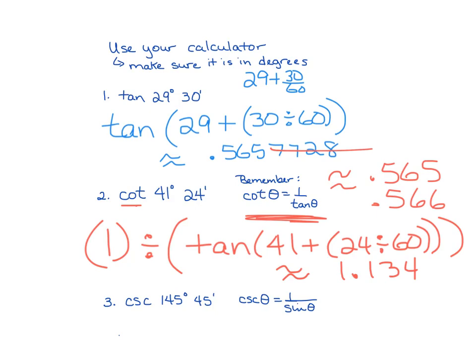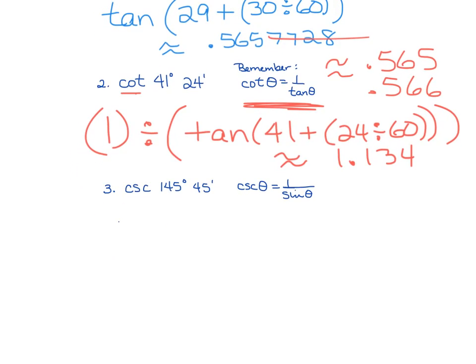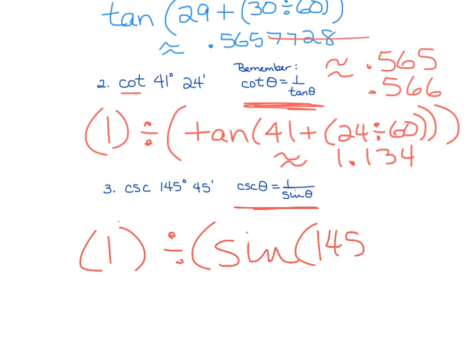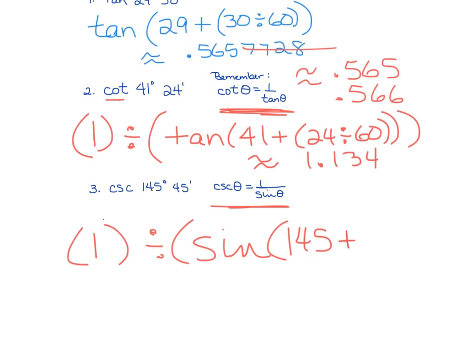All right, next one again is cosecant, and again it's a reciprocal. So this is the reciprocal. It's 1 divided by sine, or 1 over sine. So again, I'm going to do 1 divided by, I'm going to use the sine button, and then here I'm going to do 145. Convert the minutes by dividing by 60, and then hit enter. And you should get approximately